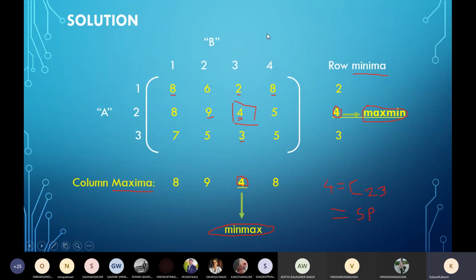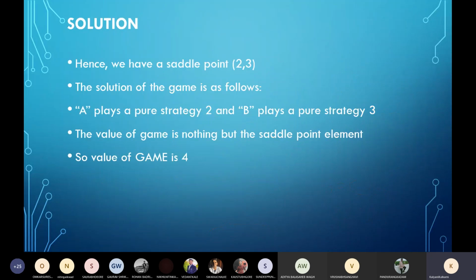Last time we had stopped here. Is it okay? Have you recalled where we had stopped last time, everyone? Yes or no? Yes, ma'am. So shall I move ahead now? This was a quick revision of saddle point.